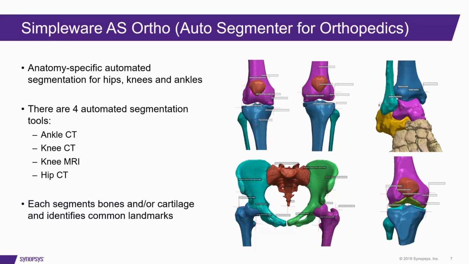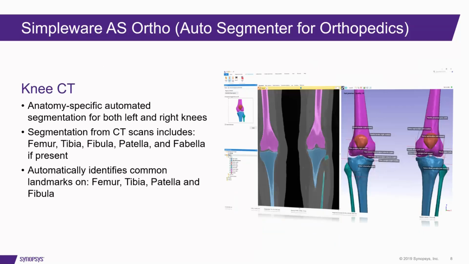So this module is called AS Ortho, and it consists of 4 different auto segmenter and landmarking tools, which are anatomy and image modality specific. So these are for the ankle, the knee, and the hip, and you can see them on the right-hand side of the screen there. So today we're going to focus on the knee CT tool, and that's what I'll be